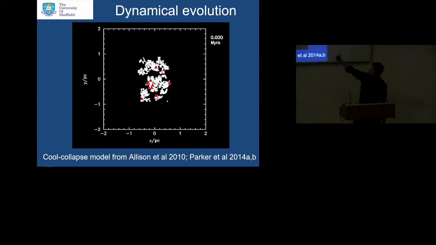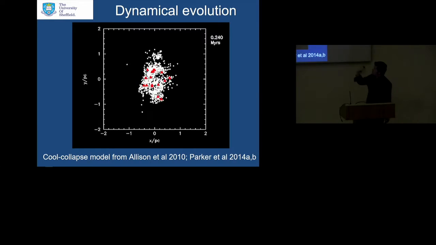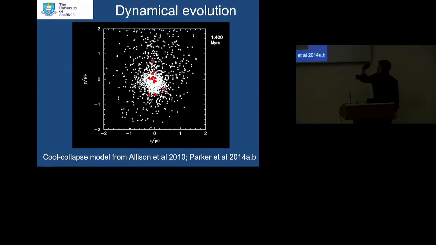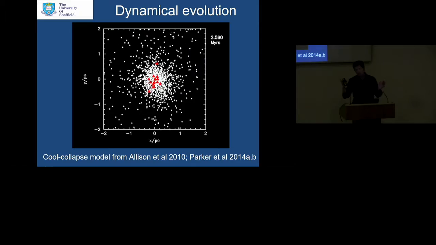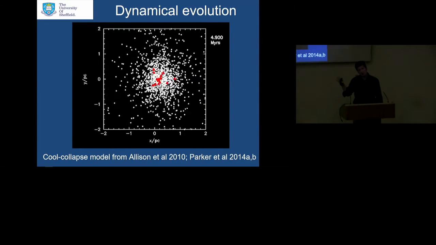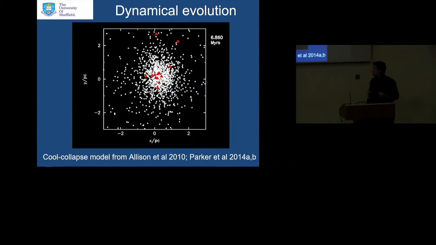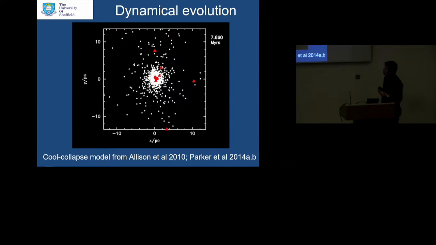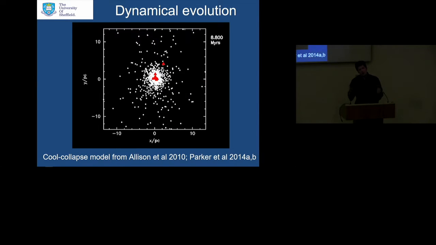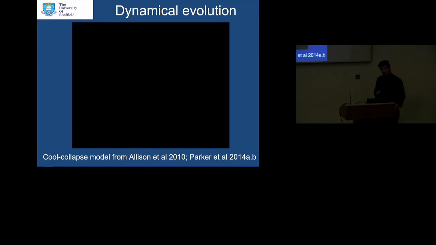So this is an N-body simulation of a star-forming region set up with spatial and kinematic substructure. These are informed by observations of very, very young star-forming regions. And what's going to happen over time is that star-forming region is going to relax, the substructure is erased, and what you see is the red points, they're the most massive stars in the star cluster, they tend to sink towards the center of the star cluster, and this is a process called dynamical mass segregation. You'll notice that we completely erase all of the initial substructure so that we're left with a rather smooth, centrally concentrated morphology.